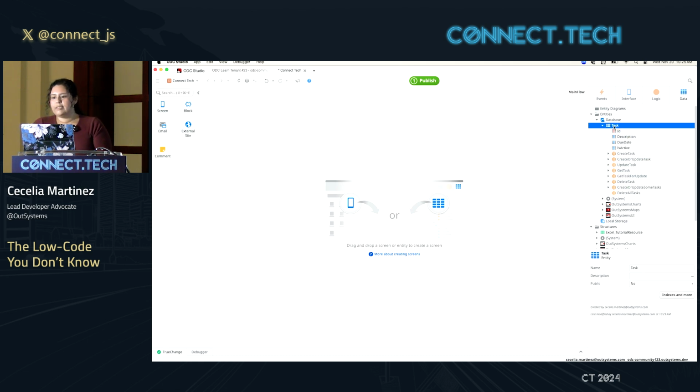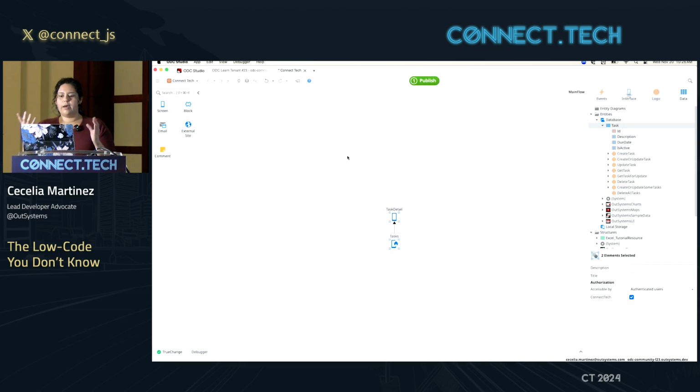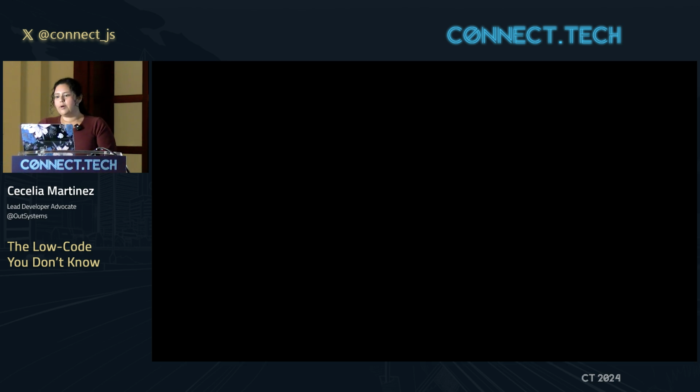What we can then do is drag this task onto the UI, and it will use AI to build screens out based on our data model. The most common use cases for interacting with data are viewing the data and then editing or adding new data. And so that's what it creates by default. You can also customize this. But what that looks like is our task list now has a UI that lists out the data. So it's just viewing the table of data. And then we also have a screen that is used for interacting with the data, which I'll pull up here